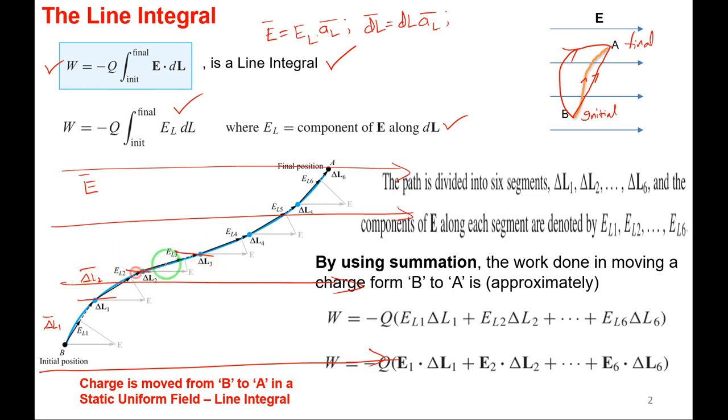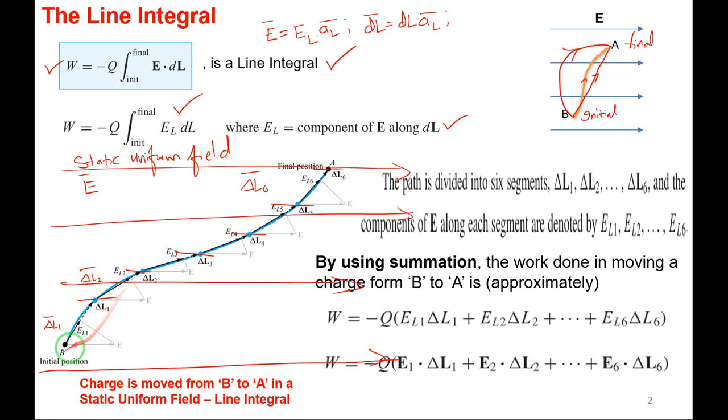Then the third line, from here to here, is delta L3, from here to here delta L4, delta L5 from here to here, and delta L6. So we have divided this line into 6 differential line segments, delta L1, delta L2, and so on till delta L6. Then the field experienced by this line segment is the same, because